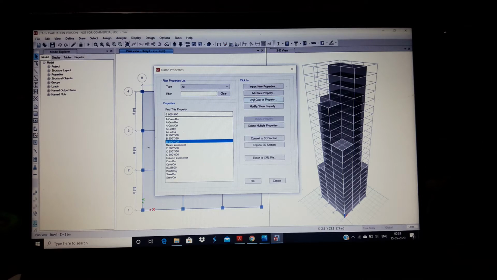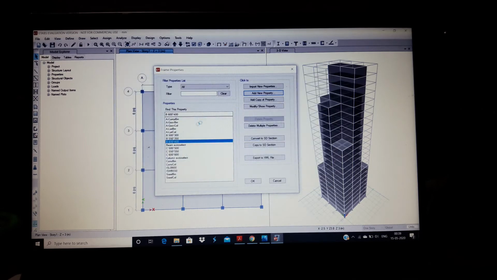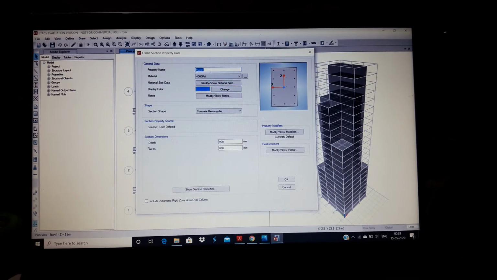To define these, firstly click on add new property, select rectangular shape, and then property name here, material as M40 and depth and width as 500 or 550 or whatever the question demands.